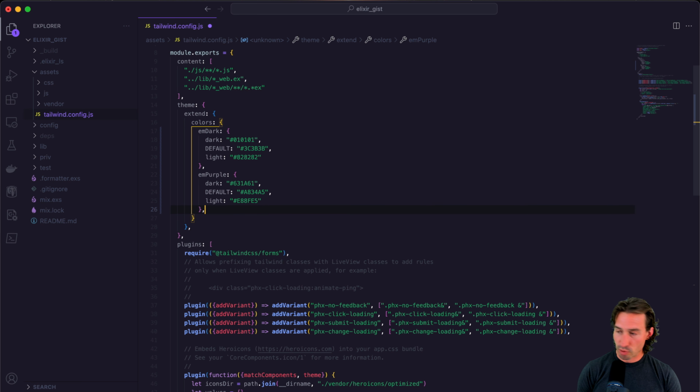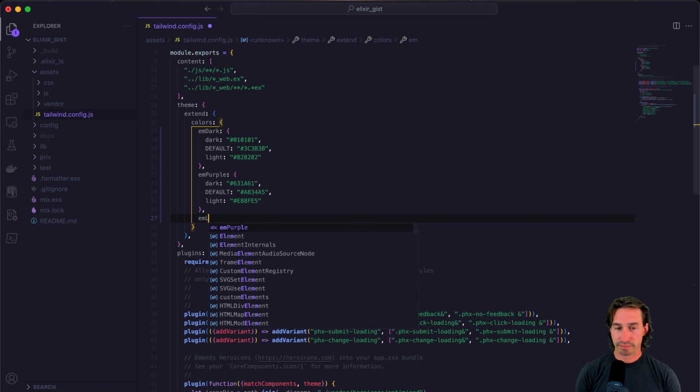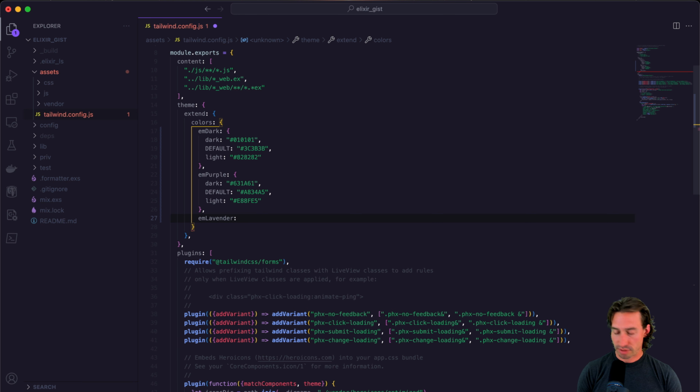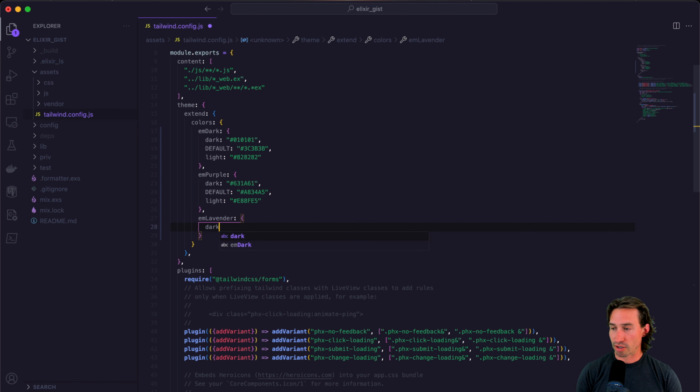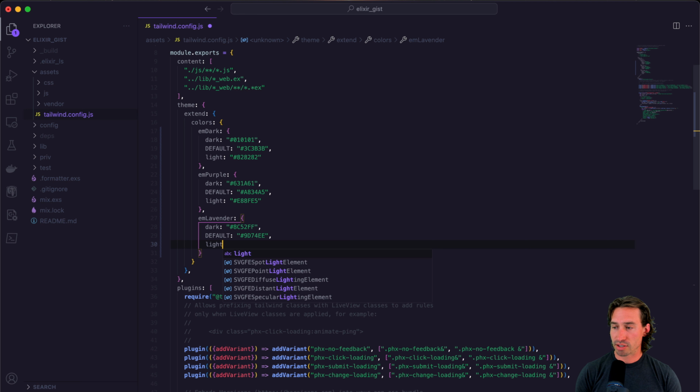All right, and now we have one more color that we want to always have access to, and that's going to be our lavender. So em lavender, colon, and then opening curly brace, and then dark again, opening quotations, and then hashtag 8C52FF, close those quotations, comma, and then another default value here, and that is going to be 9D74EE, close those quotations off, and then comma, and then let's do our light, and that is going to be